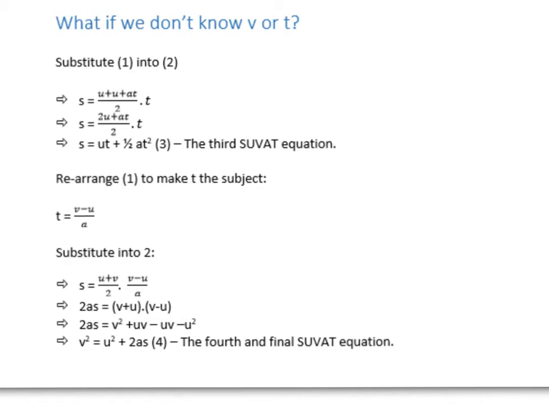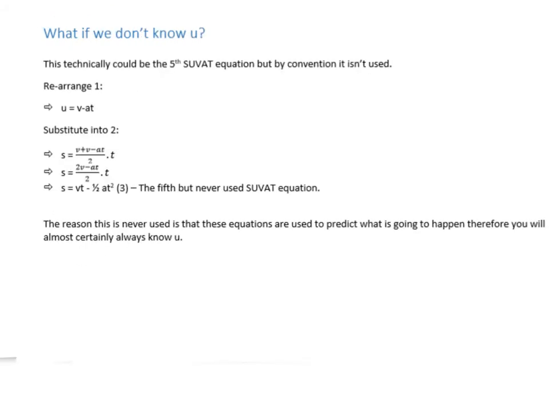And the more eagle-eyed of you will have spotted, well, what if we don't know u? Very good question. What if we don't know u? Well, let's rearrange the first equation into a form where u is the subject. So we get this, substitute it in, so we put it in for u here. Then collect the terms and generate this fifth SUVAT equation, which you'll notice is very similar to the third equation,